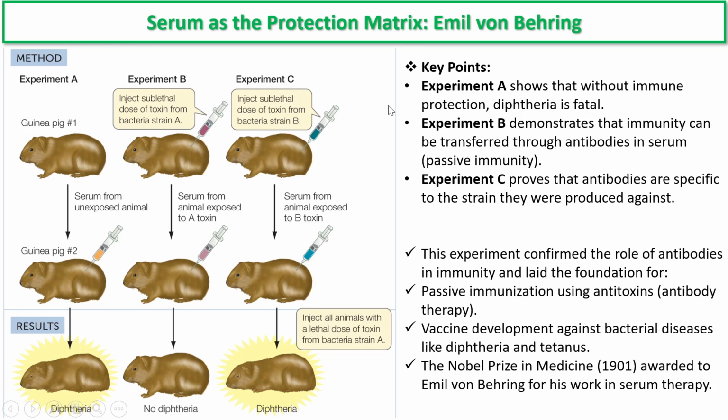And there is one more experiment from Emil von Behring. He said that serum acts as a protective matrix. So there is another beautiful experiment in which we can see there are experiments A, B, and C. From this experiment,